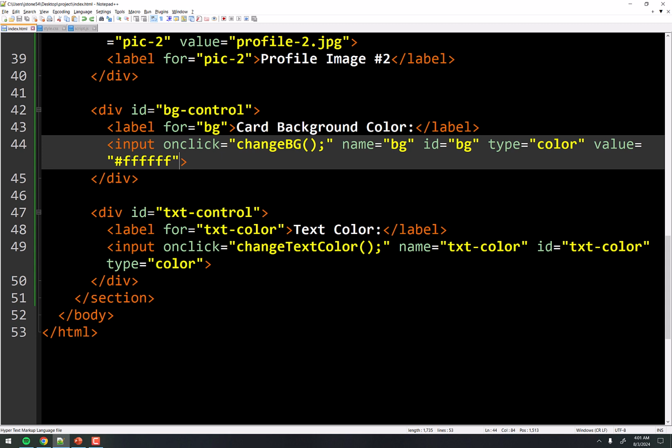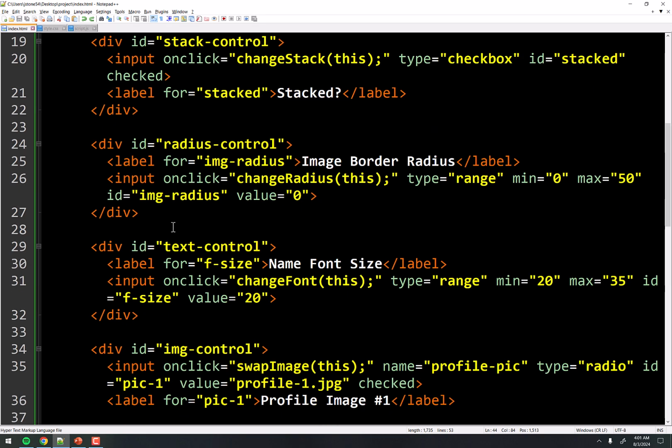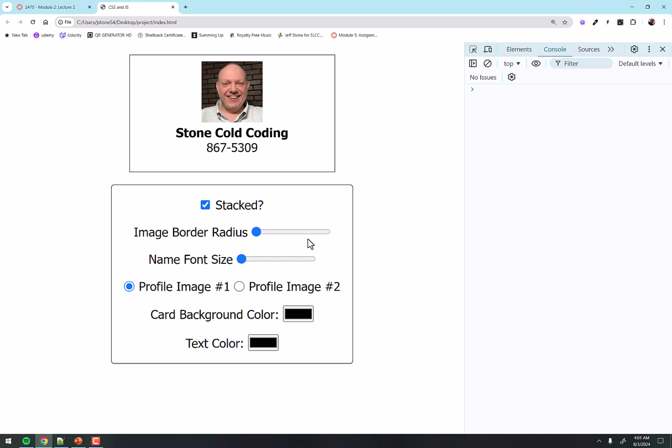Okay, now you're going to find we have a little bit of a quirk when doing colors. Notice we don't actually have a form here, right? We just have these inputs. I don't actually have these inside of a form. And so everything else has been just fine. When I click on something, it gives us the behavior we want. You're going to find when we click on these colors, it doesn't quite behave the way we're hoping for. Not to worry though, I have a solution.